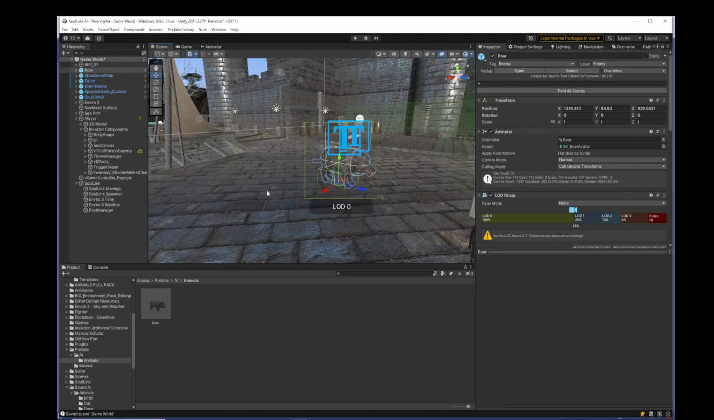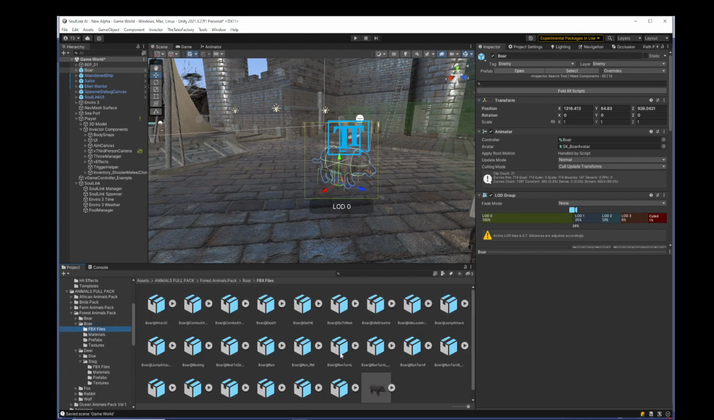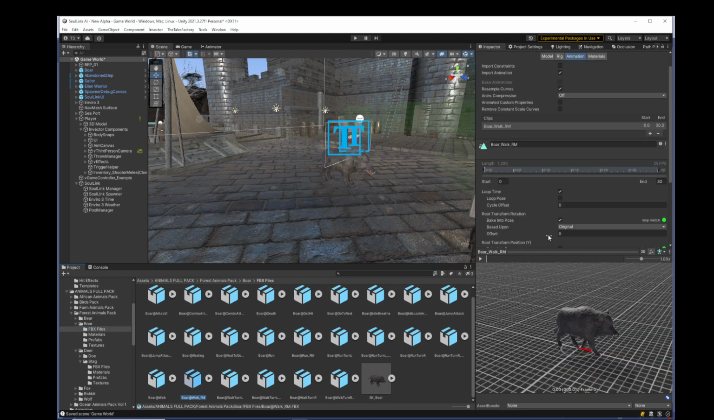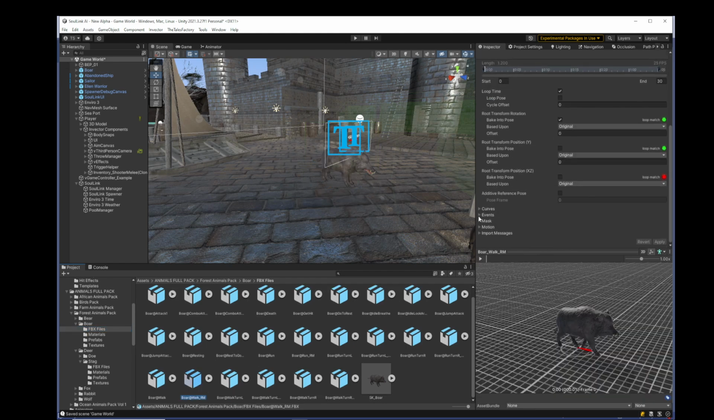There is one thing I did forget. We do have the footstep object, but it does not have the events to handle that. So let me go to the character, animals, forest animals, boar, FBX. Okay, so we want to look at the walk route motion. And for every step that he takes,